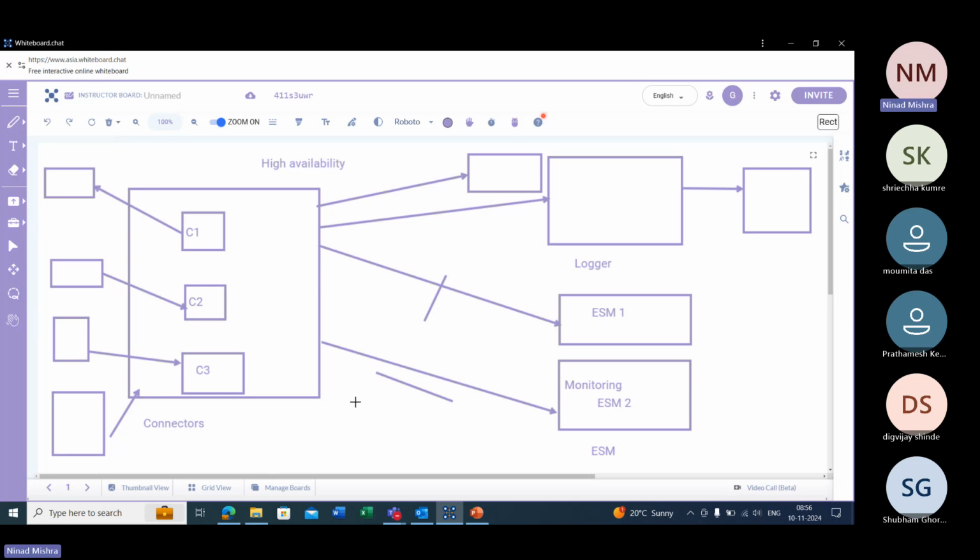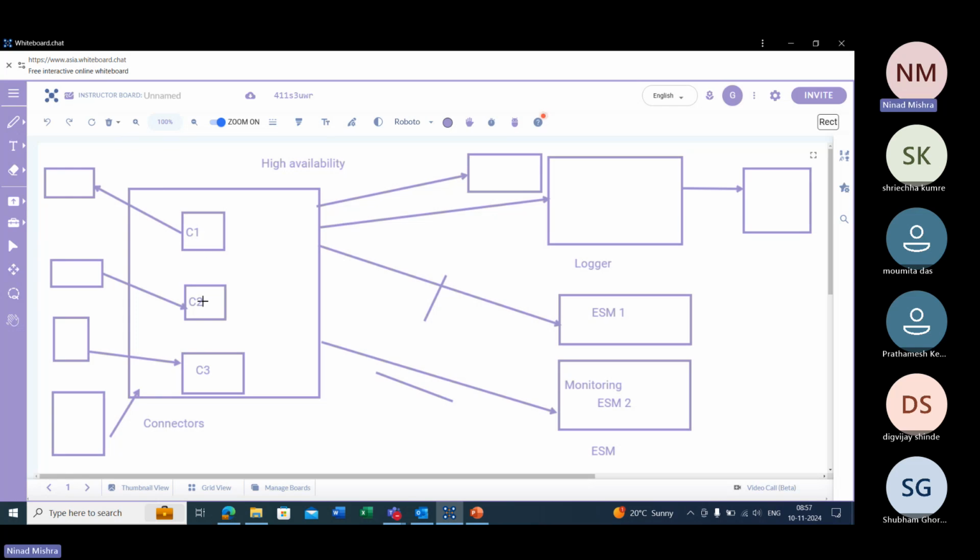Okay, I'll explain in detail what the connectors are. I already explained that there are connectors that do the log collection and parsing, and then the logs are forwarded to Logger and ESM. Let's say it is a linear architecture or dual destination architecture, or some other way, and any issue happens. Then what happens is basically,